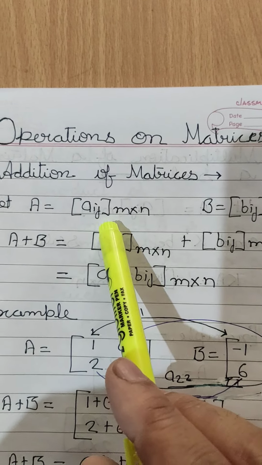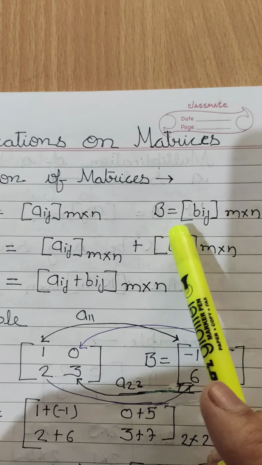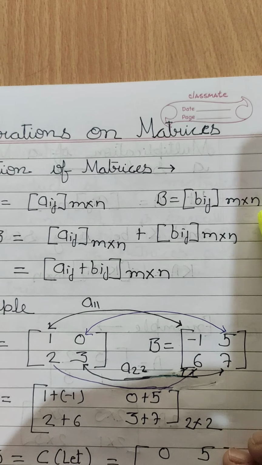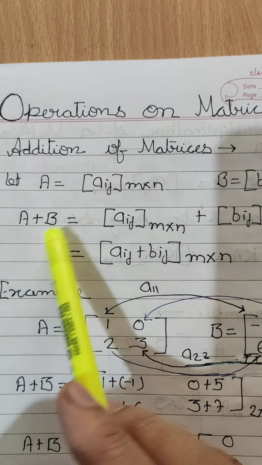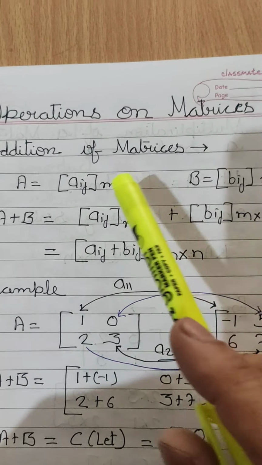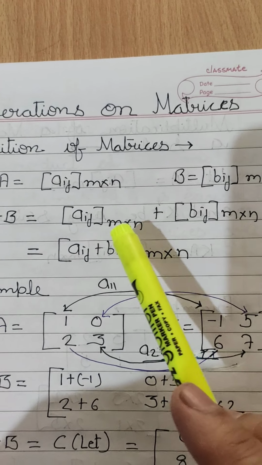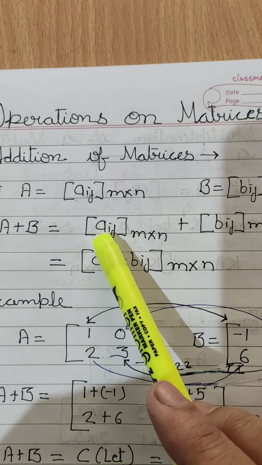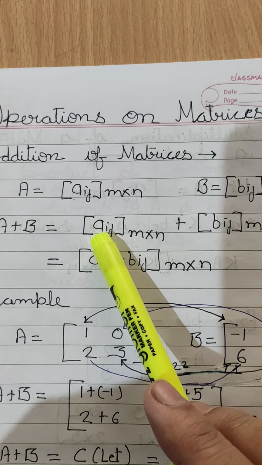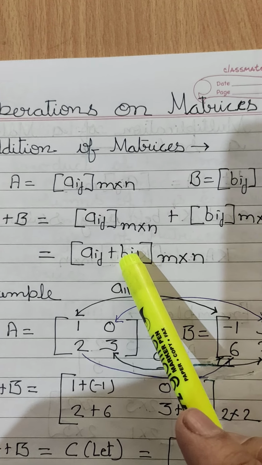So first we see an analytical representation. Let A = [aij], m by n, be any matrix and B = [bij], m by n, be another matrix. Addition, so we write A + B. We are showing what we are doing. Now we write its value. How do we add the matrices? When we do addition, we add the corresponding elements. With one example it will be more clear.